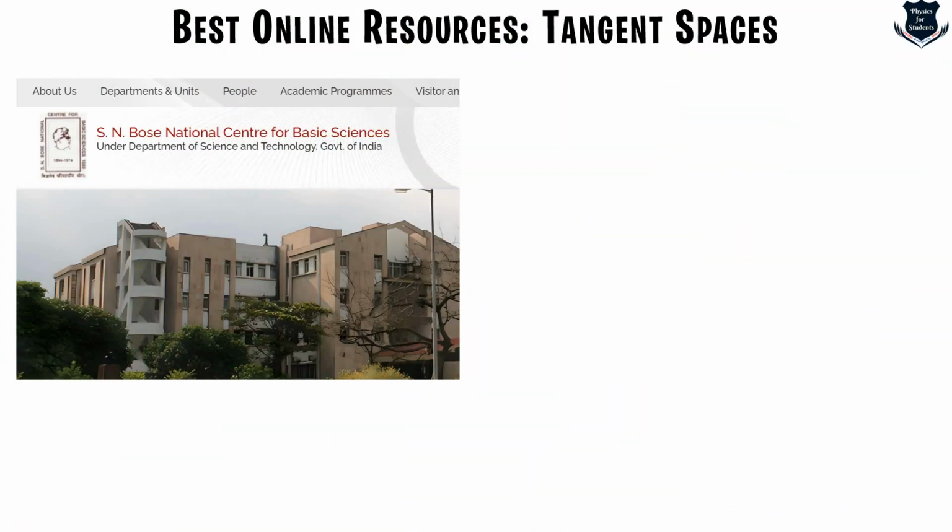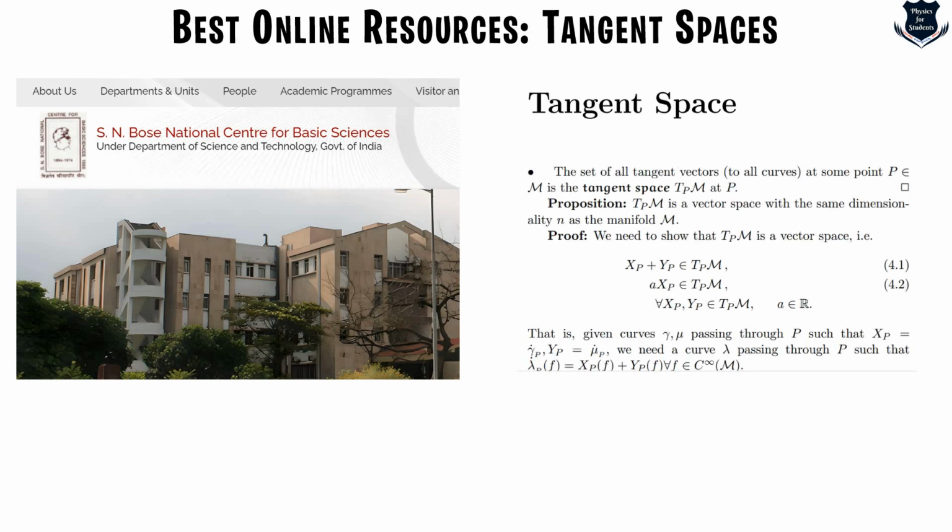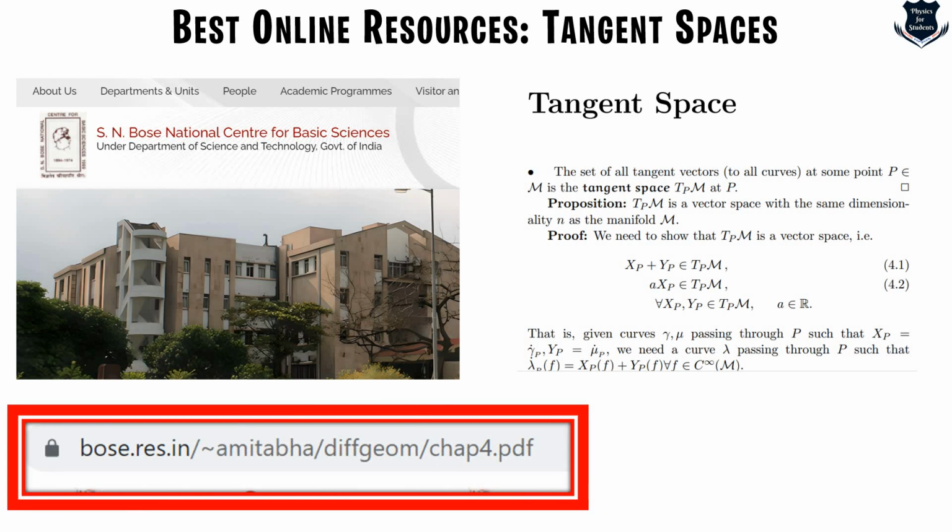Next we come to tangent spaces, and here is the SN Bose National Institute here in the Government of India. This is a wonderful literature on tangent space, and you can download it through this. This would be a little bit mathematical, obviously, because tangent space deals with mathematics, but the proofs, the propositions, the theorems are quite easy. If you just know the basics, I think this would be one of the best literatures